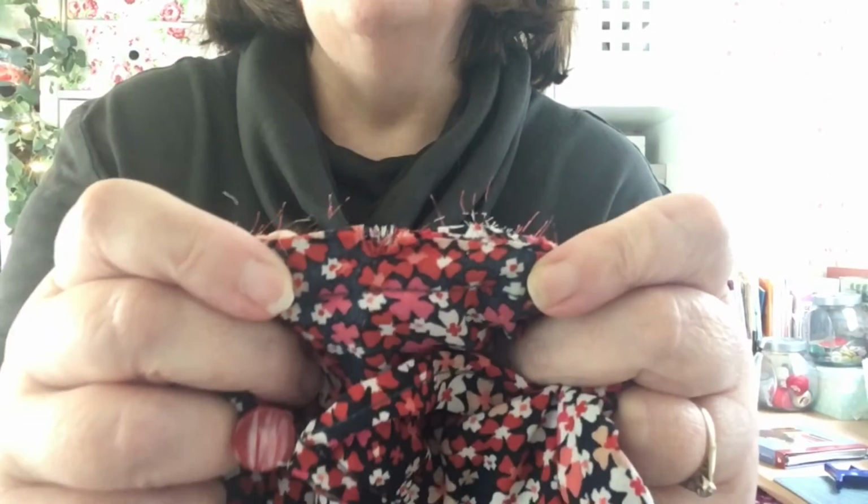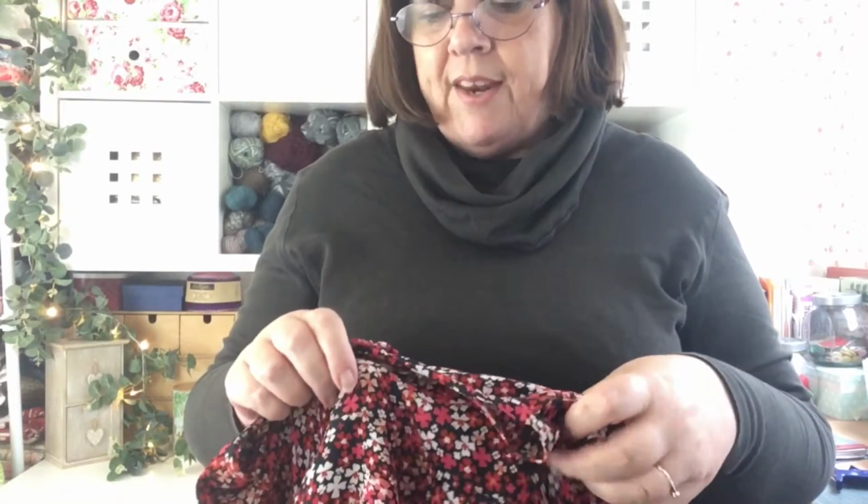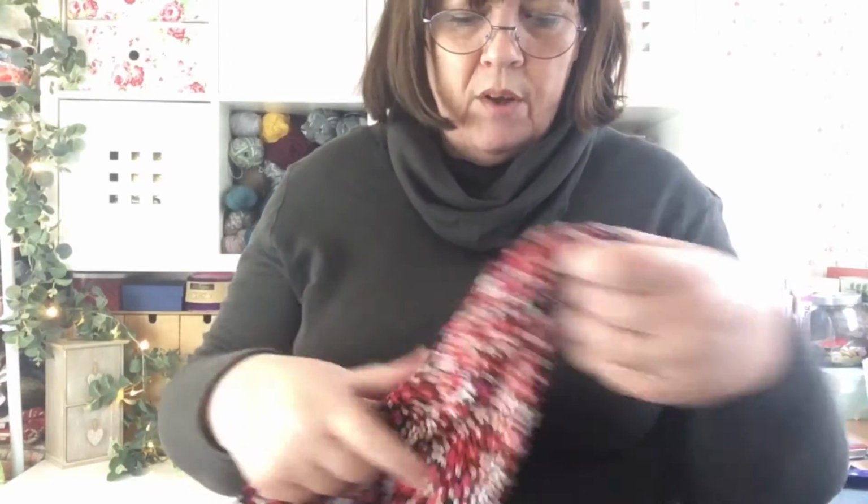And what happened is, at the time when I made this, I didn't have an overlocker. And I was a little bit lazy and I didn't finish my seams with a zigzag stitch or anything. And this, if I bring it up closer, you can see how it easily frays. So what had happened is, over time, because it had frayed, holes appeared and the seams gave way, and